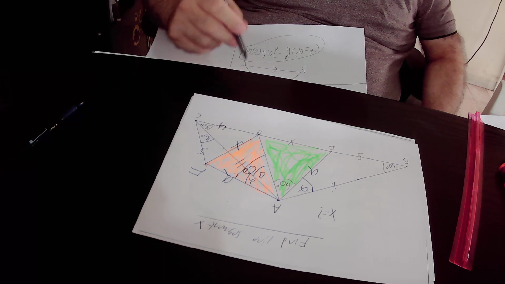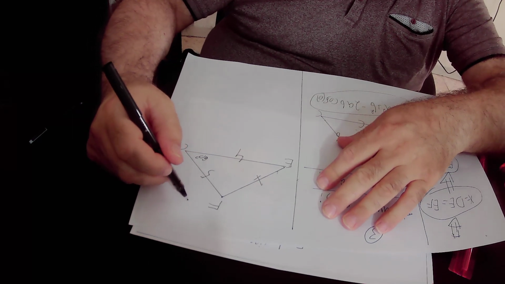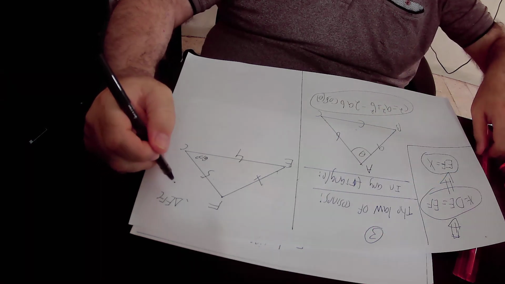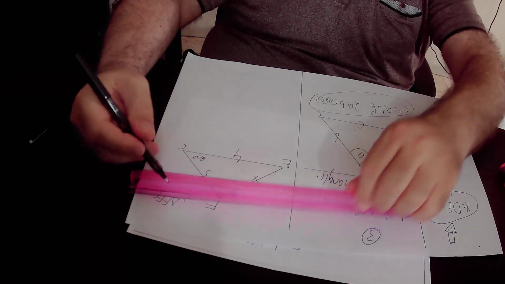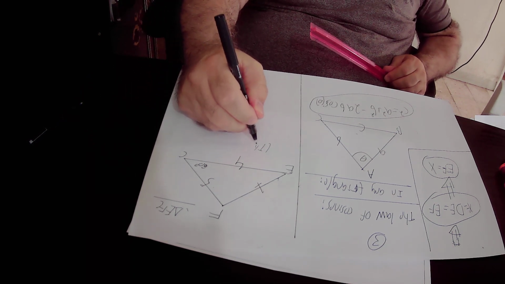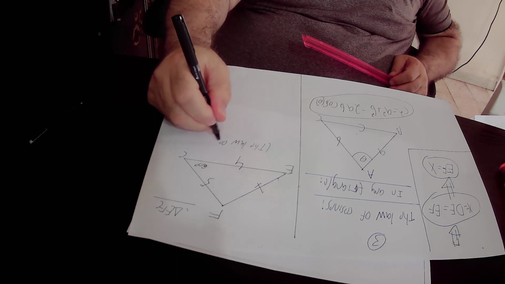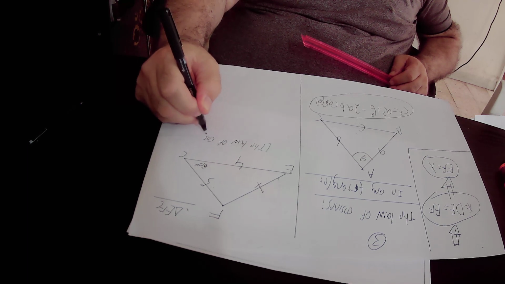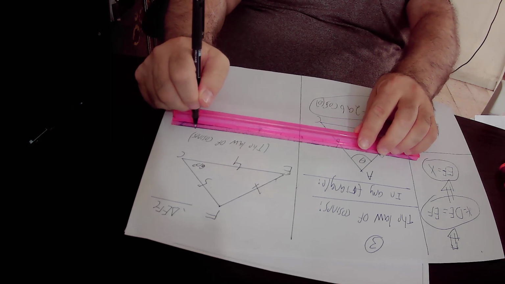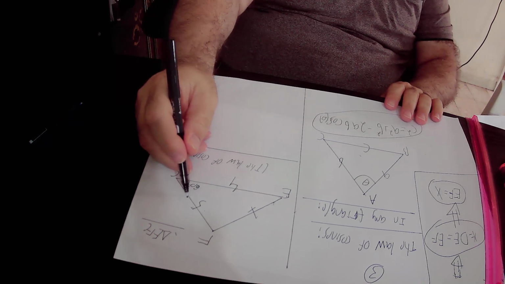And side EF equals X. So, this is triangle EFC that I copied from the original drawing. So if we implement the law of cosines in triangle EFC, we get that according to the law of cosines,